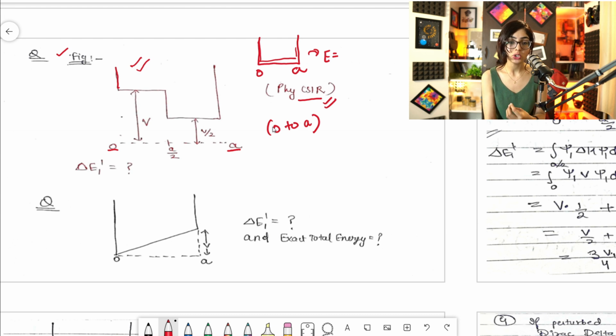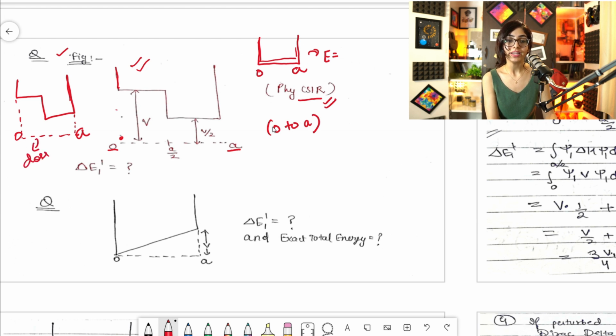What is being shown here is that it is starting from here. This box will be given like this, guys. The dots and all I have put like this, so it will be 0 to A, something like that. The ideal box should be like the dotted part, and this is the real system, for which they want the energy correction. We have to find the first order energy correction.